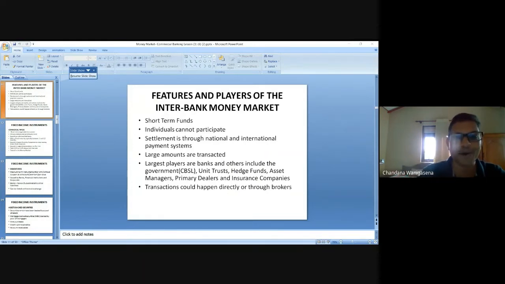So banks borrow from the central bank. Then the applicable rate is the standing lending rate. Repurchase rate agreement is the standing lending rate. The applicable rate is 6.5, right? Reverse repurchase agreement is just the opposite, the other way.